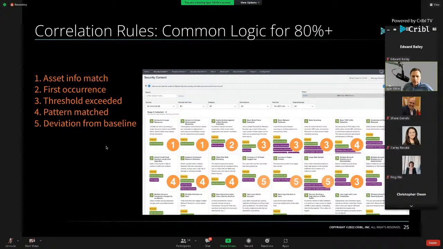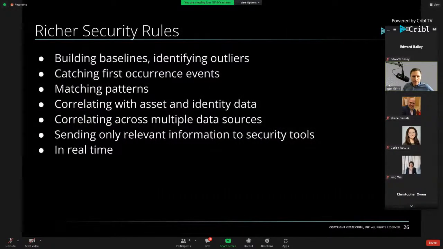Basically, it takes you into a correlation rule that gets you into UEBA-like territory. So for example, somebody was doing a specific set of things for the past 30 days, and suddenly there's a spike or deviation from that baseline. So let's take a look at that specific example. Before we do that, we'll actually look at why this is all important. So with state